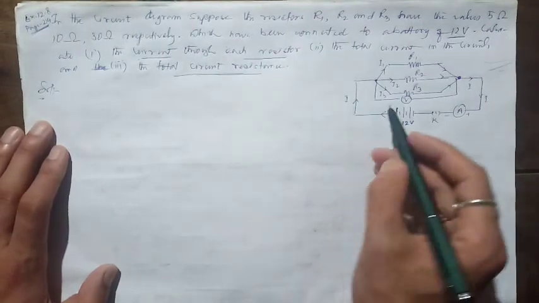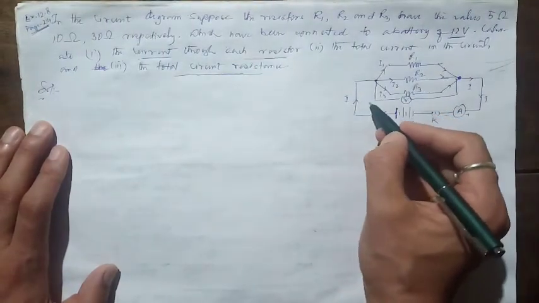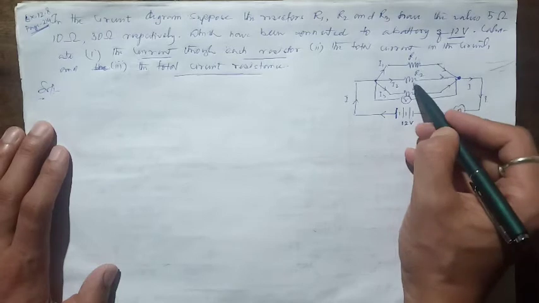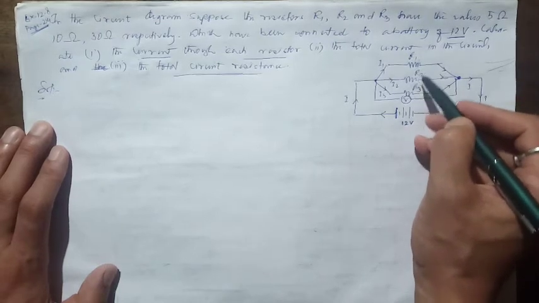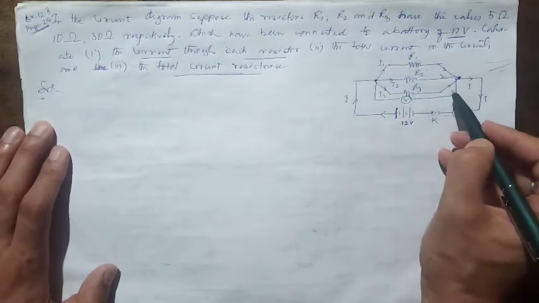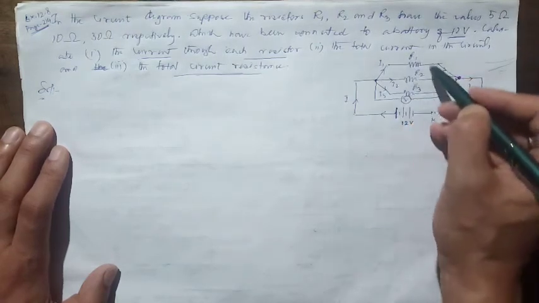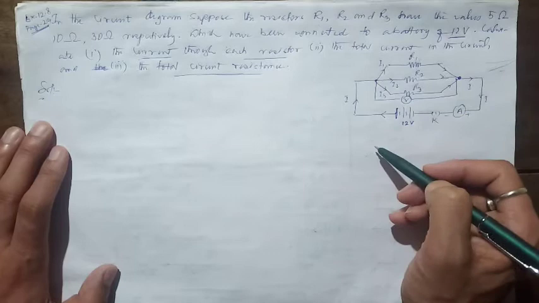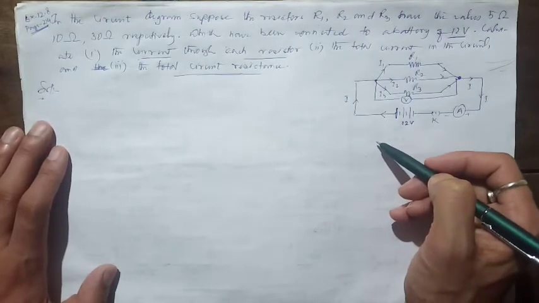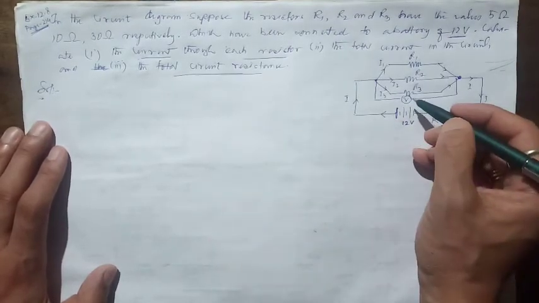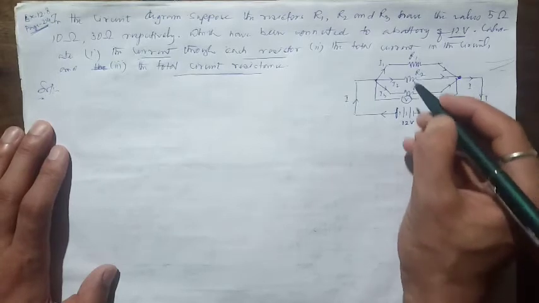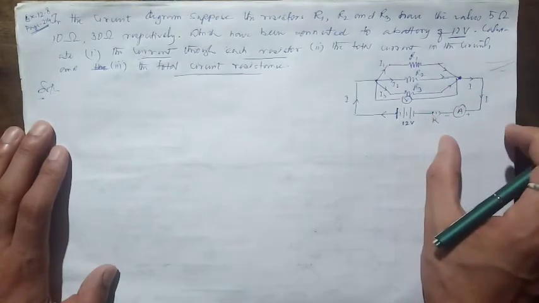Now students, from this circuit diagram, it's very clear that through these three resistors, different amounts of current are flowing. Different amounts of current flowing means these three resistors are connected in parallel. So now, students, you remember what happens when resistors are connected in series and in parallel.